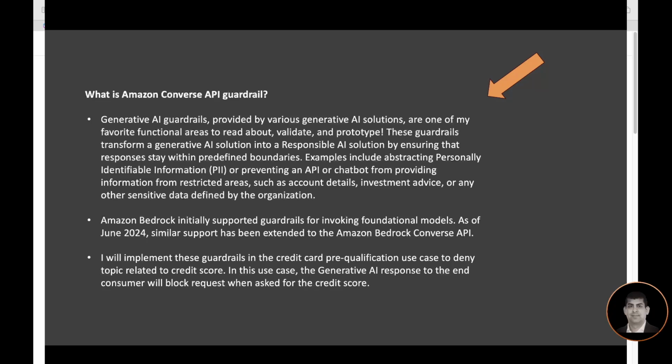You can say, hey, I don't want to show PII information, or you can restrict your API or chatbot from providing information from restricted areas, like some topics that you can deny, like account detail, investment advice, medical advice, any other sensitive data. Like in our example, we are preventing the credit score data, so it will not be returned, right? So you have control over defining the guardrail, and